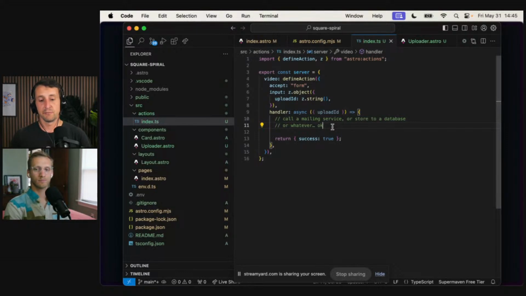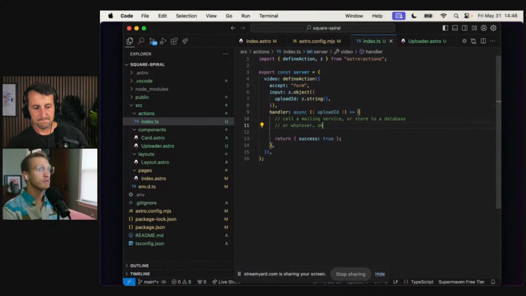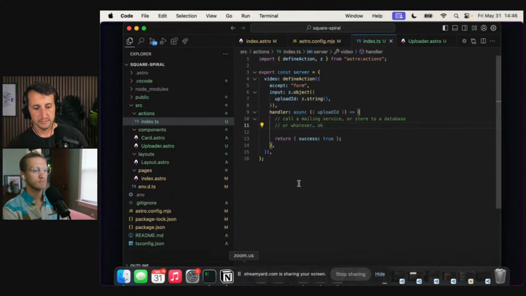We need to get that information. So we're going to exchange that direct upload ID to get back the asset ID. Am I explaining that in a way that you're following? I think so. The upload ID only tells you about the upload. Now you want to get the asset, which tells you everything about the video. That's right.